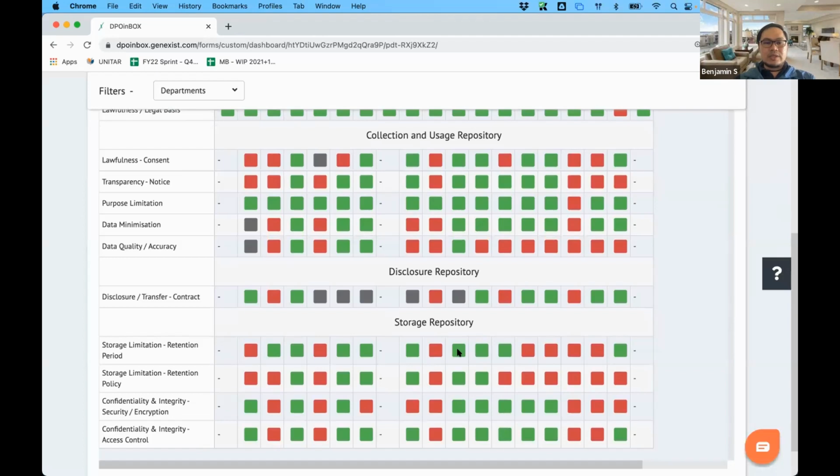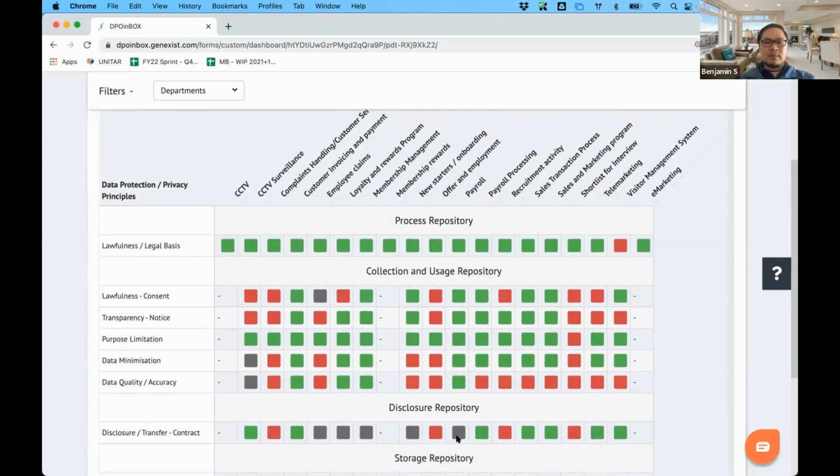Now, under the storage, you see a retention period. There is a retention policy in place. And there's also security or encryption when storing this information. And the most important thing is the access control to this information within the department or in this process.